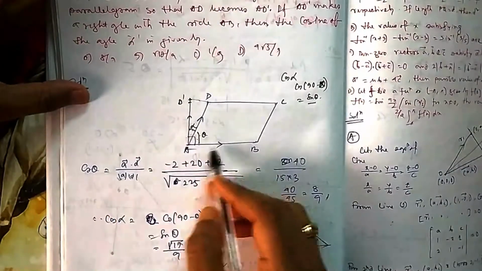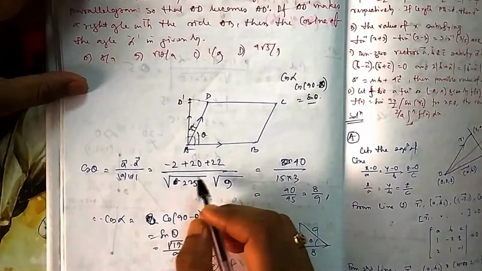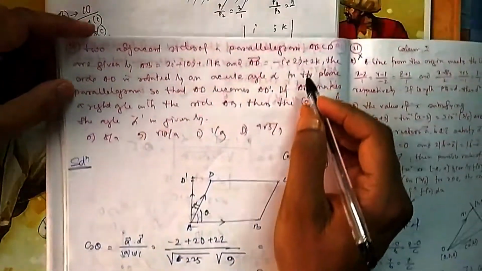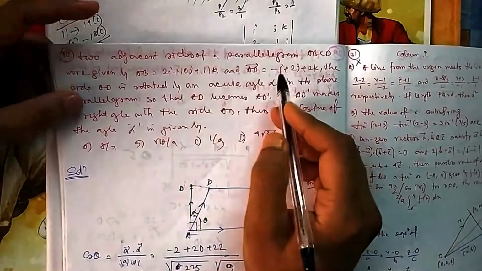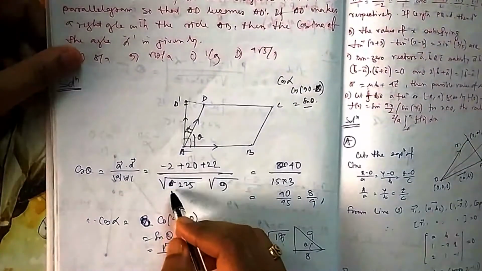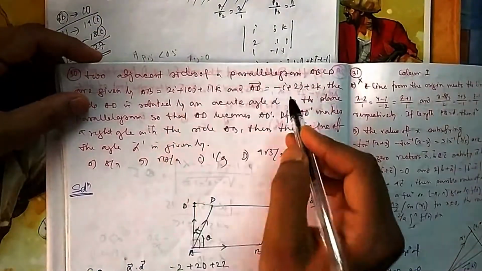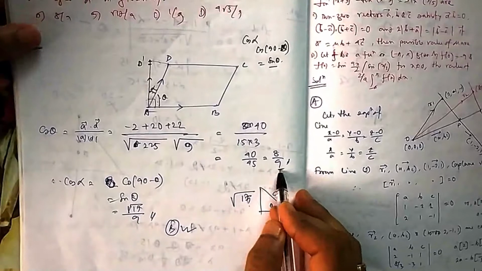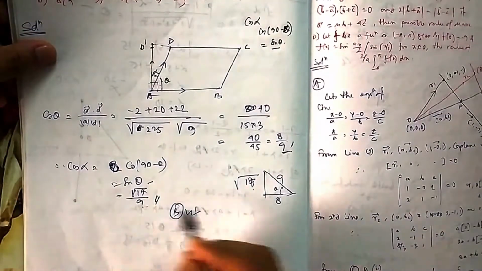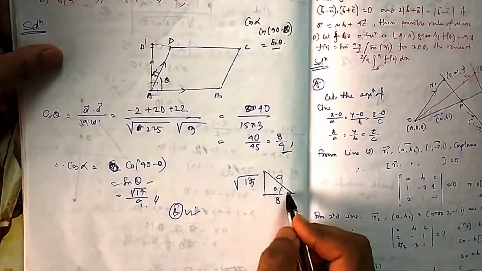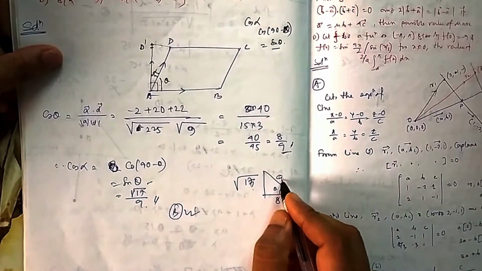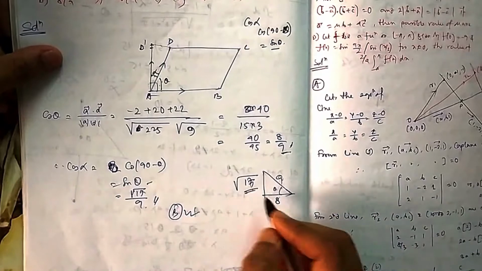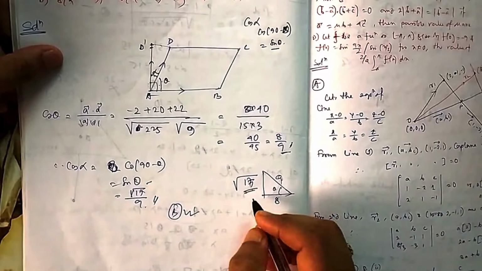So cos theta is A dot D divided by the magnitude of A and magnitude of D. You put it there, A and D are given to you, the dot product is easy: 2 minus 2, then 20, then 22. Minus 2, 20, 22 is divided by this magnitude and this magnitude. So that is cos theta. Once you know cos theta, you can easily find sin theta because you can draw a triangle. Cos theta is base by hypotenuse, so what will be your height? Hypotenuse square minus this square minus this square. It is root 17, so that's why it is root 17 by 9.